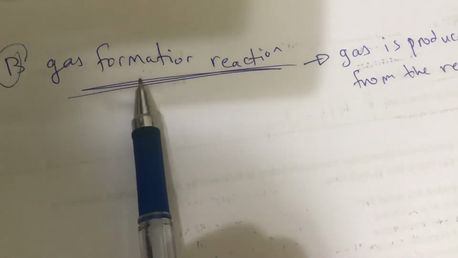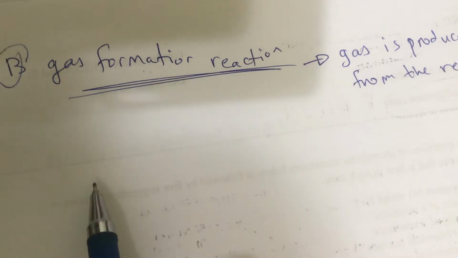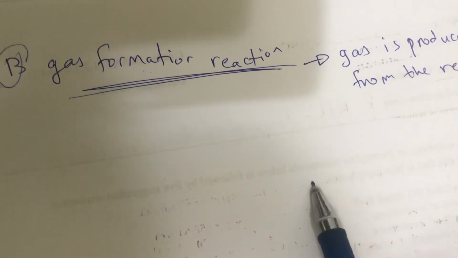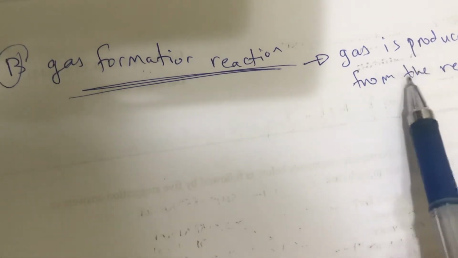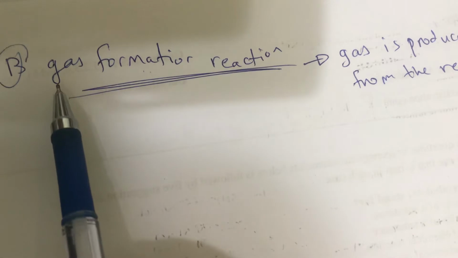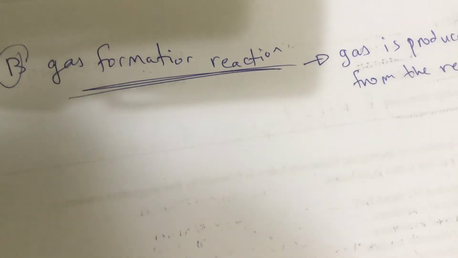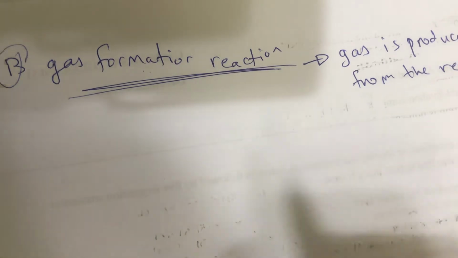So again, it's a type of double displacement reaction. So the reactants must be two compounds and the products two compounds. But if one of the products is gas, it's called a gas formation reaction. An example, for example,